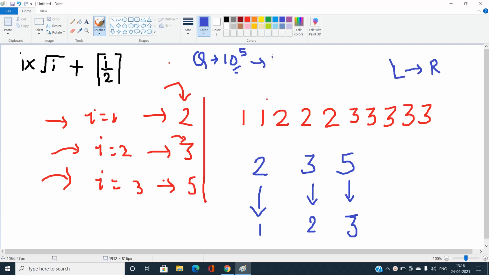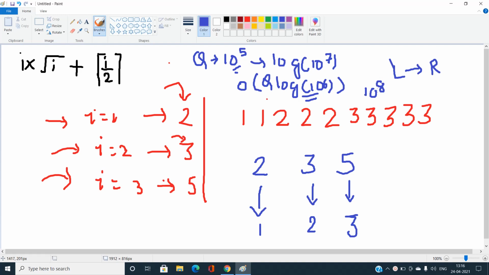It should be like log of something, log of something like 10 power 6 or 10 power 7, so that our complexity would be like O of q log of something like 10 power 6. Okay, so this should be a valid solution for this problem. Why? You can see this will be under the given maximum iterations. That is, the maximum iterations for any problem should be like 10 power 8 or 10 power 7.